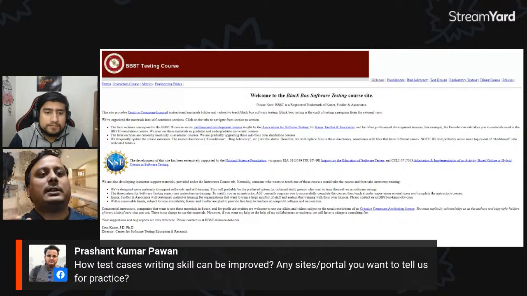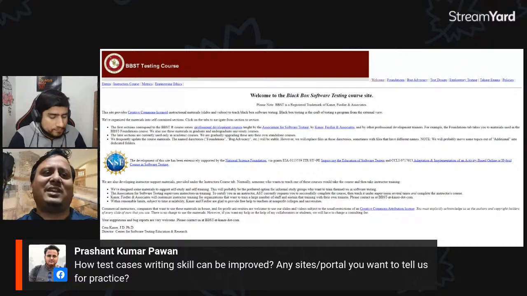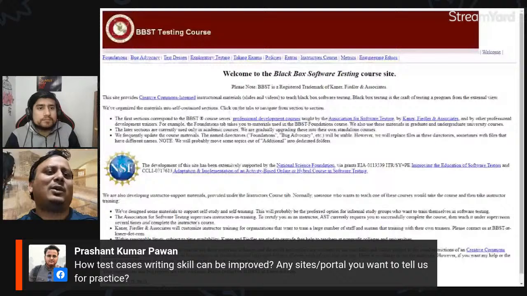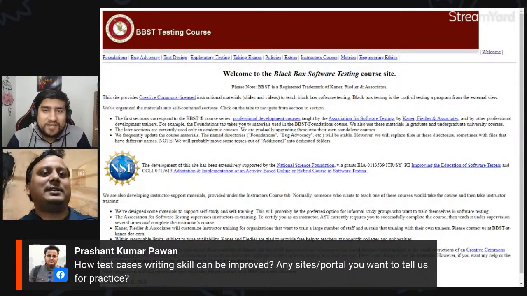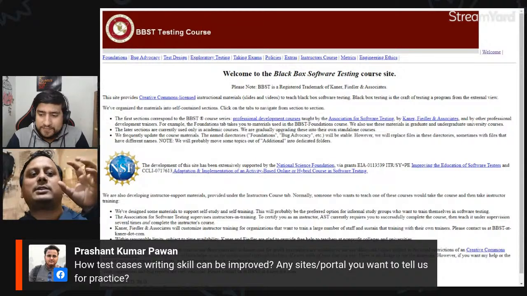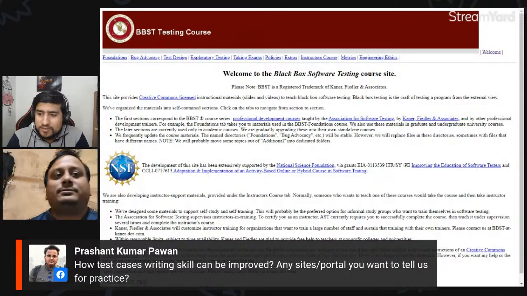That's why I'm suggesting that you research a lot and spend time in these portals, even if you're not getting money for the initial 2 3 years. 20 30K is enough to sustain your family. That's it. My starting salary was 5K only. So don't think about money in the initial 2 3 years, and then later on you can catch up.